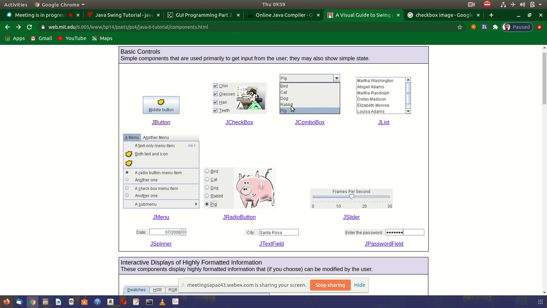But if we have 2 to 3 options, suppose the gender of a person, you cannot give a checkbox, because then the person will be able to tick mark both options, both genders, which is not acceptable and is a faulty input. So in this kind of case use the radio button, where only one of the 2 options is possible.